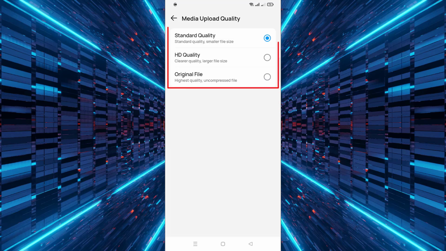Here, you will see three options: Standard Quality, HD Quality, and Original File. To ensure that your photos and videos are uploaded in the best quality possible, select Original File. This will prevent compression and maintain the original clarity of your media. Now, every media you share on IMO will keep its full quality, making your memories look crisp and professional